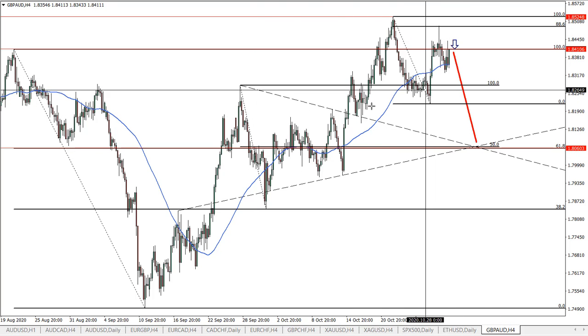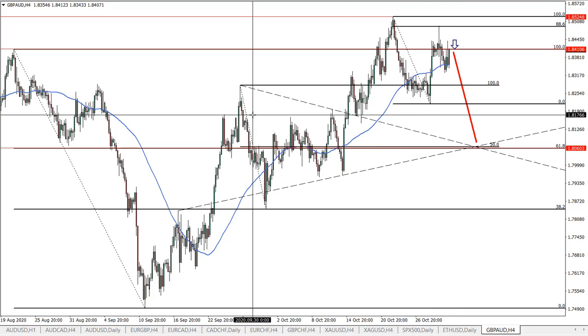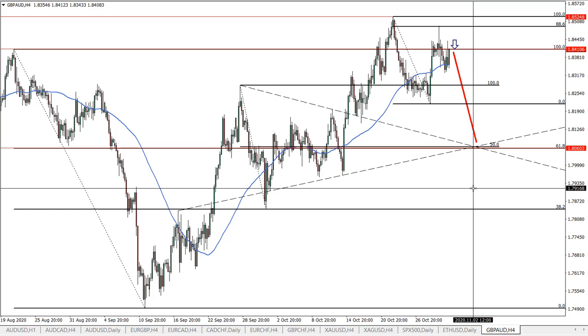But for now, the scenario is that the pound will start getting weak and the Australian dollar will start getting strong. This is the view that I see on the market, especially the pound weakness. I think it will be emphasized very soon by the market, and pound pairs do look very interesting. So we are done with the analysis for the pound Australian dollar, and let's start probably with another pound pair